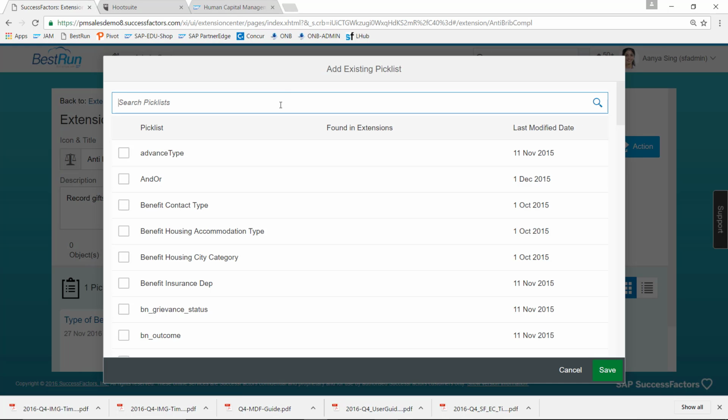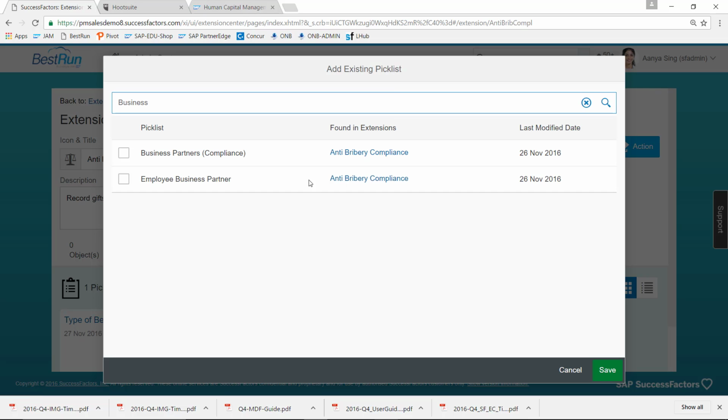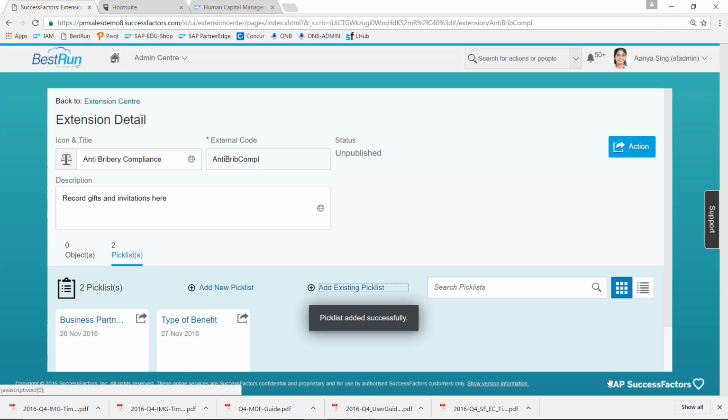And the other is the list of business partners, which are the companies we want to deal with. So let's pick that as well. So we have type of benefit, which would be invitation or gift, and then we have the business partners, which contains a list of